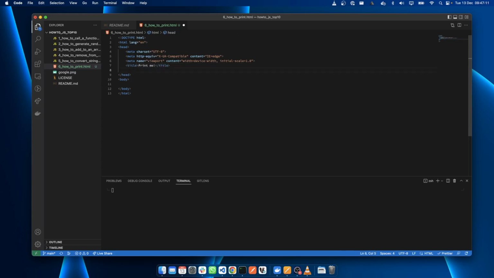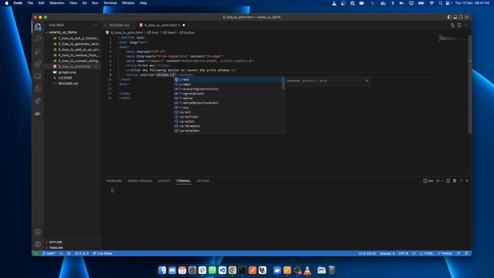And let's add a button in here, or first a piece of text. We say, click the following button to launch the print window. And we can add a button, and we give it an on click. And this is where the JavaScript comes in. window.print, which is a function from the window object, and we just say print